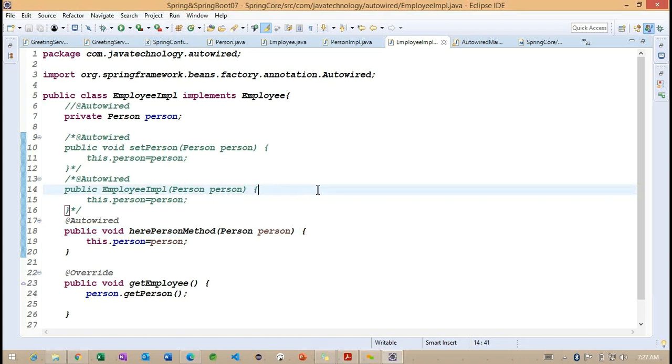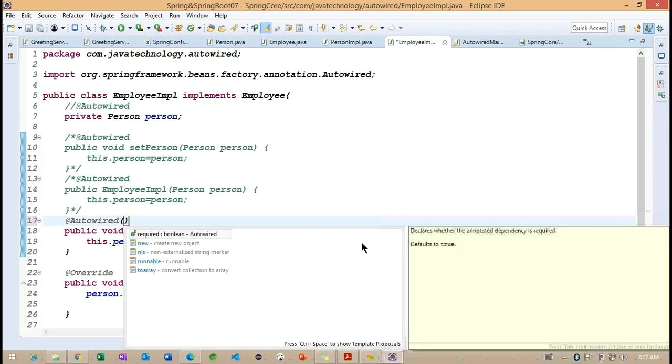Any questions regarding this particular Autowired annotation? Okay. Now you can see, when can we make this Autowired optional here? Getting the point. This Autowired annotation has one parameter called required.